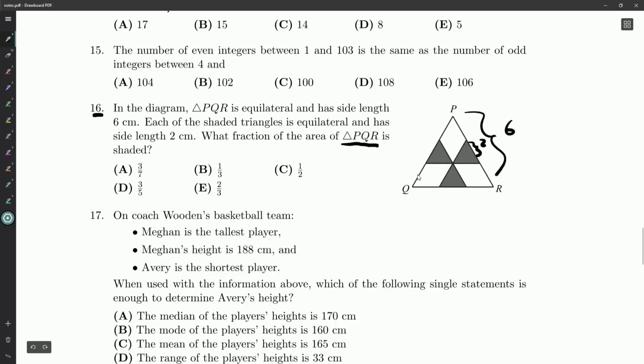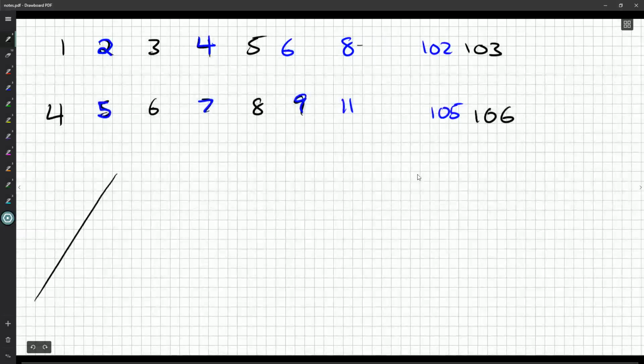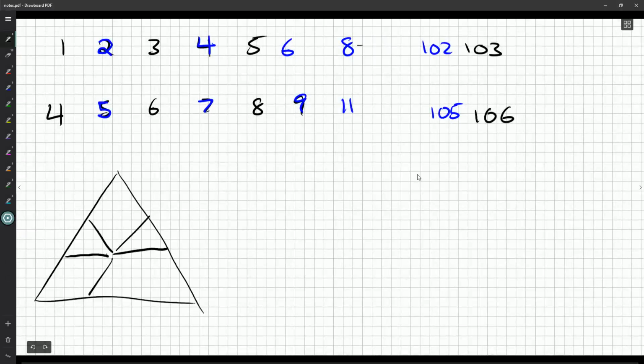Alright, so this is a nice little question. You can draw our picture here. There's a couple ways we might go about doing this particular question. One way is to say, well, these are equilateral triangles. Everything we're talking about, the areas that we're talking about, are equilateral triangles. So if you know how similar triangles work,